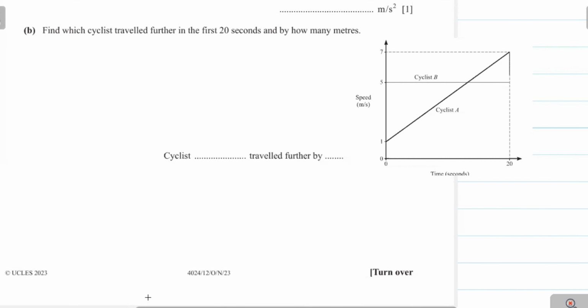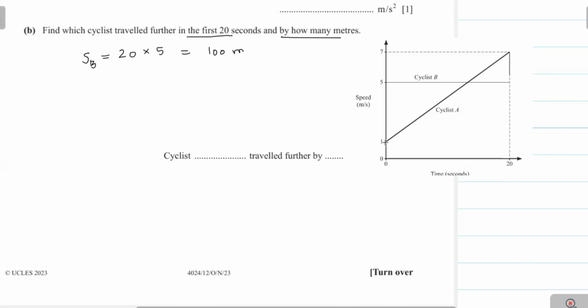Part B, which cyclist travels further in the first 20 seconds and by how many meters? To find this value, firstly we will find the distance by each cyclist. The distance by a cyclist is equal to the area under this graph. Now the area under the graph of cyclist B is equal to base into height. This is a rectangular shape figure. Therefore the base is 20 into height 5, and this value is equal to 100 meter distance covered